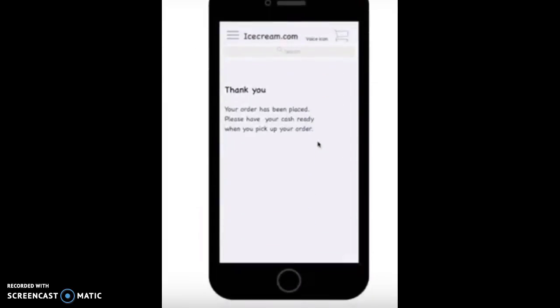So here we have a thank you screen that says your order has been placed. Please have your cash ready when you pick up your order. Now this is the last screen, and as a user of your prototype, and as a client, even as a developer, someone who's going to be coding off of this prototype, I want to see more detail. I don't really see, for example, when I placed my order and I want to pay by cash, I get this thank you screen, but as the user, I need some kind of reassurance that I've completed my order,